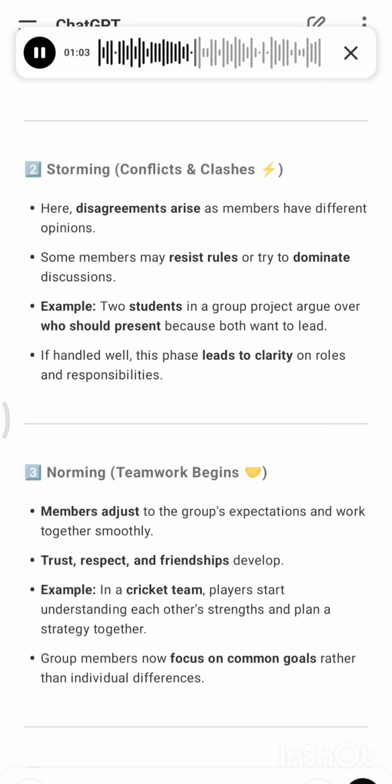3. Norming. Teamwork begins. Members adjust to the group's expectations and work together smoothly. Trust, respect, and friendships develop. Example: in a cricket team, players start understanding each other's strengths and plan a strategy together. Group members now focus on common goals rather than